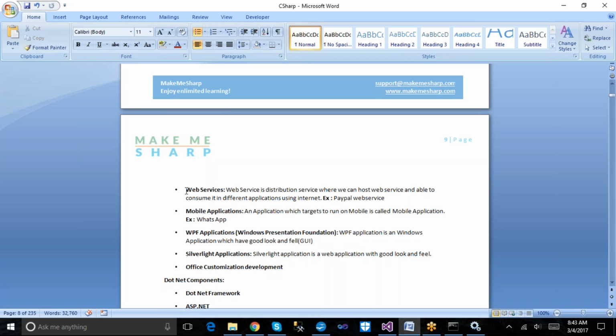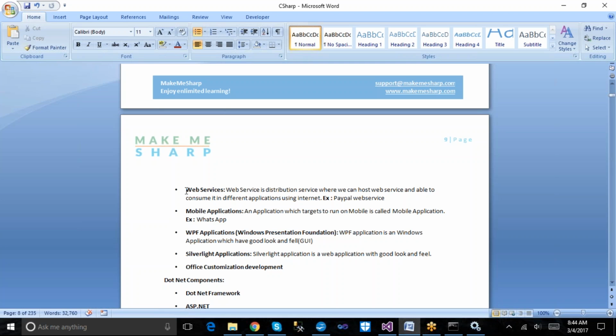It's not related only to .NET. If I develop my web service in .NET using C#, I can call that web service from any kind of technology, such as Java, PHP, and others. That's why we call this service a distributed service. Simply put, I have common functionalities which help in all kinds of applications.